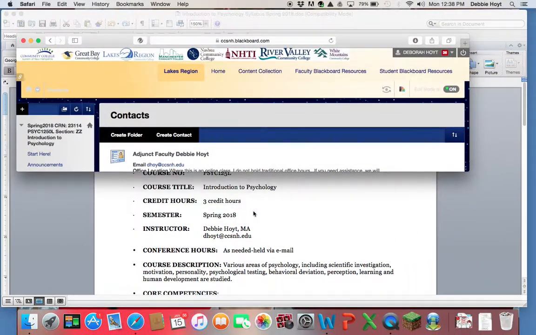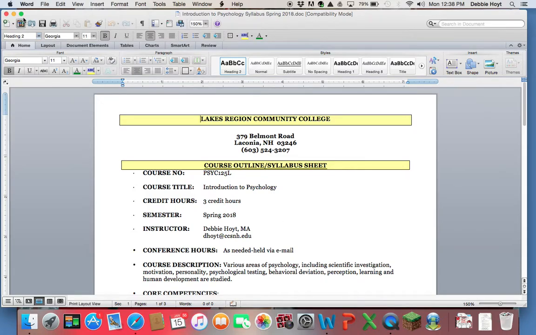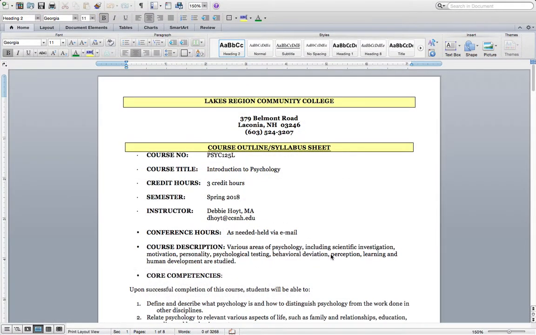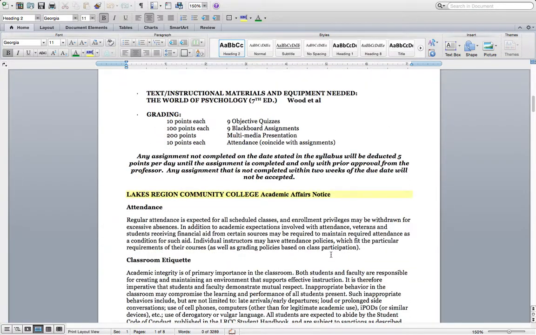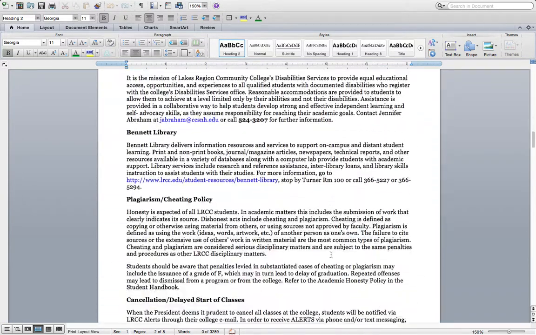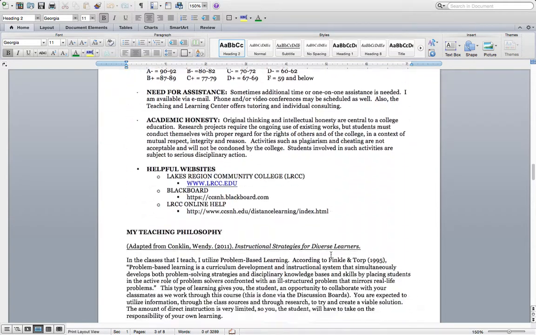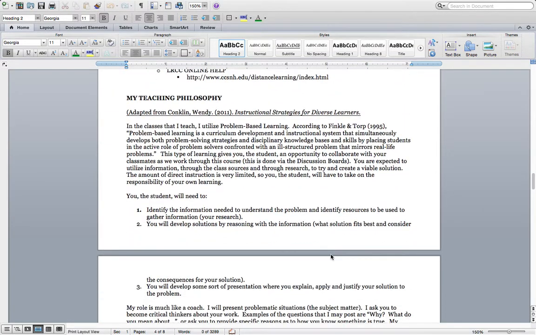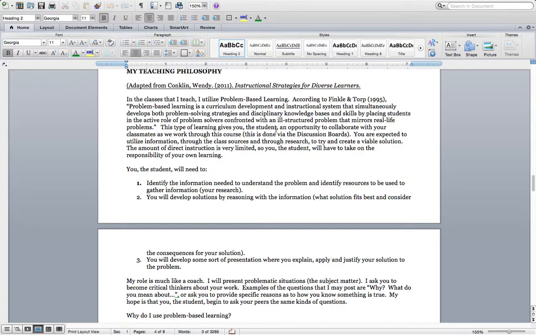And then if I go back to the syllabus, this is going to be very important for you to read and to review, especially this first week. A lot of this is based on the policy set forth by the college. But I think my teaching philosophy, I want to go over that real quick, is I do utilize problem-based learning, where I'm kind of giving you, this is an online course, and I know you have a lot of resources available to you. So a lot of you, like we just saw with Ashley, she's going into nursing.